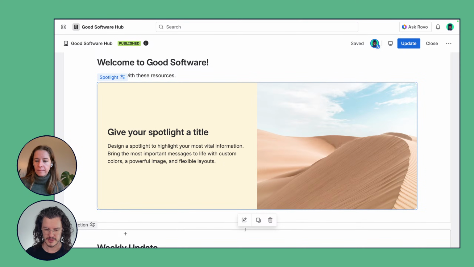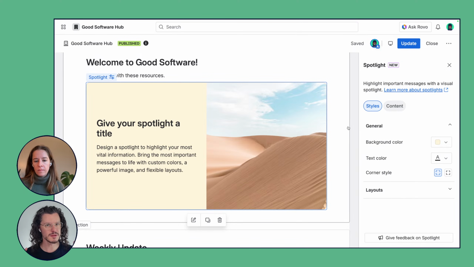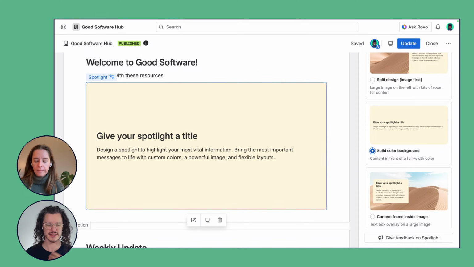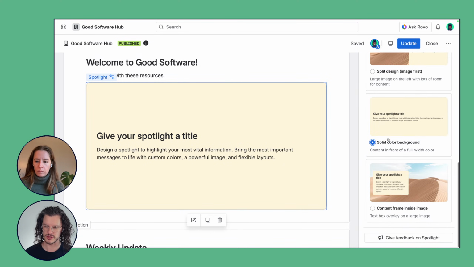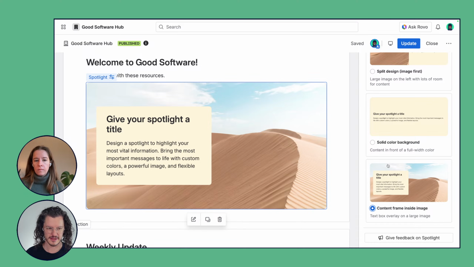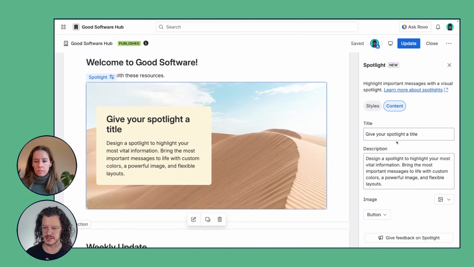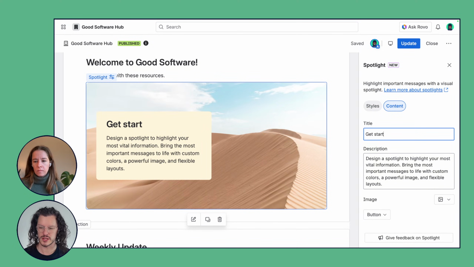Here, if I go in and modify the spotlight, and I don't have too much time to play around with this, unfortunately, because we're already running behind, but you have some styling options here, which is very cool. And you also have some layout options. If it's just a text-based piece of information that you're really trying to get across, you can go with that. I actually like this one a lot. You have a few options here, which is great. I want to go to the content piece. This is what's really important to me. This is where you can start to really customize this. And again, I'm not going to be able to do all of this because I just don't have the time,